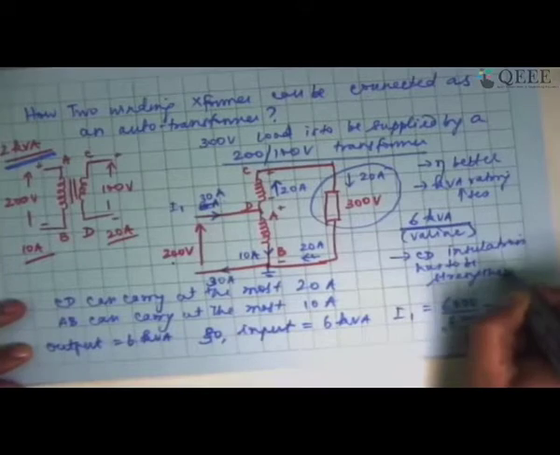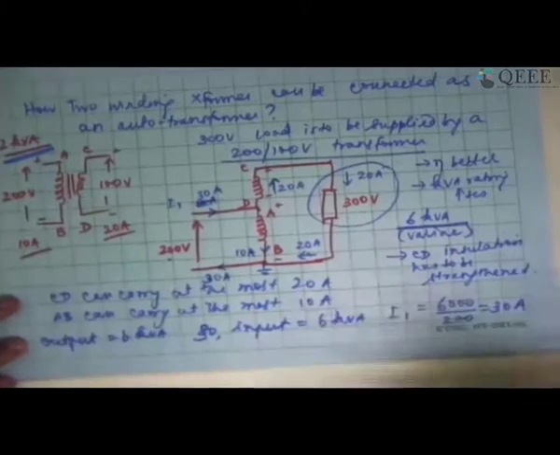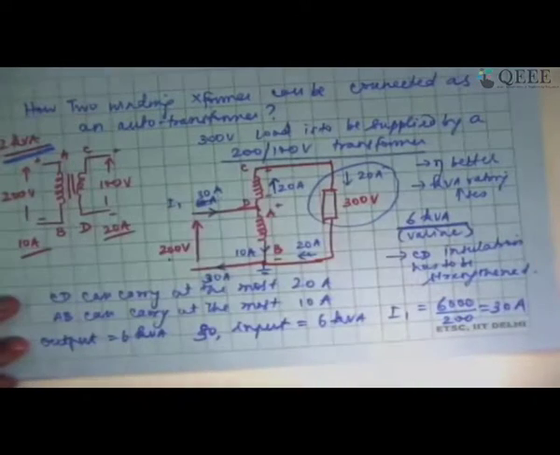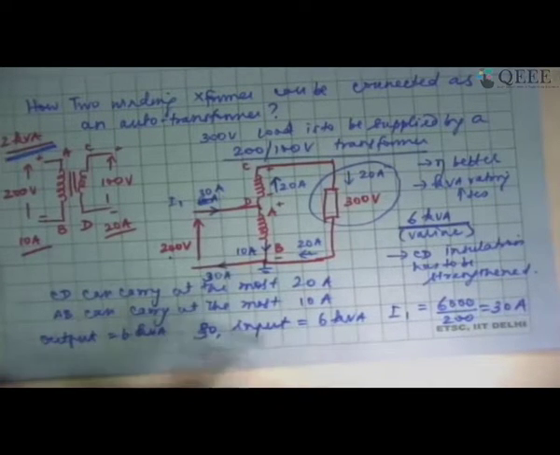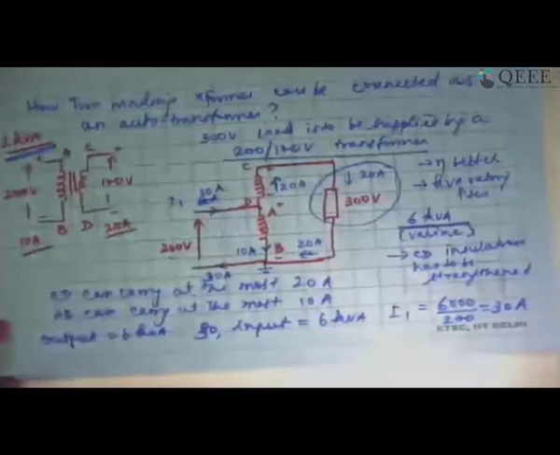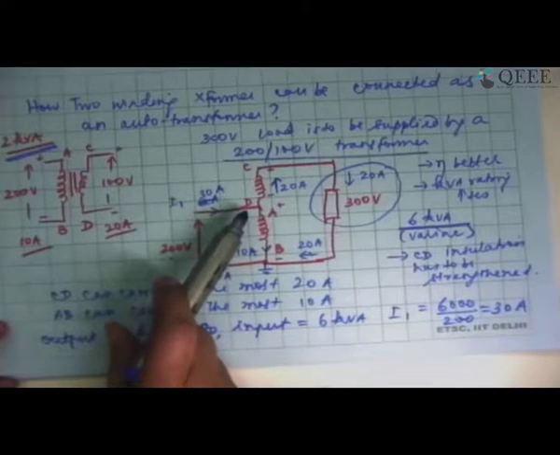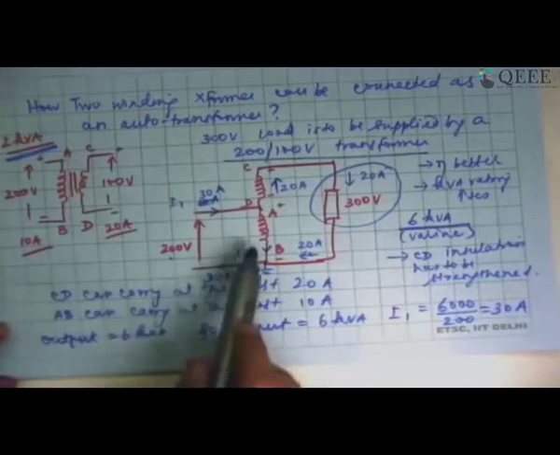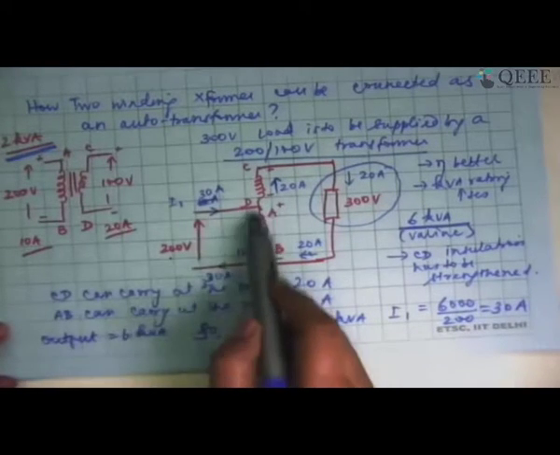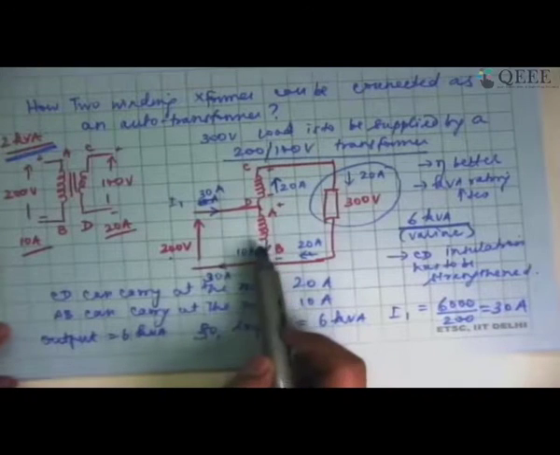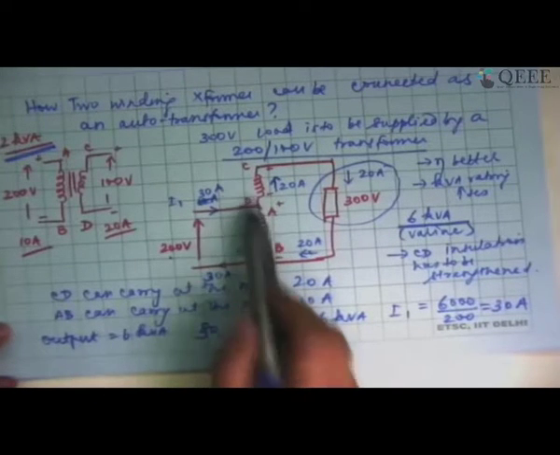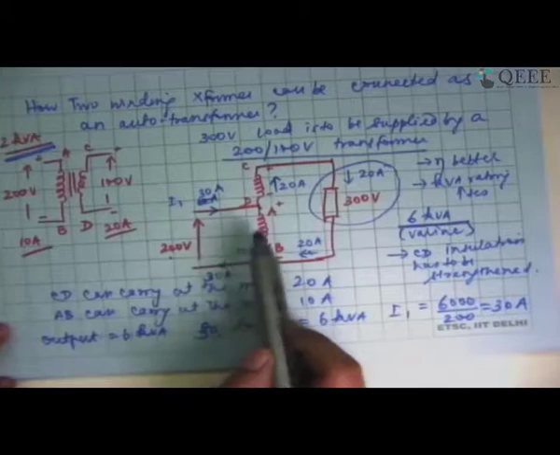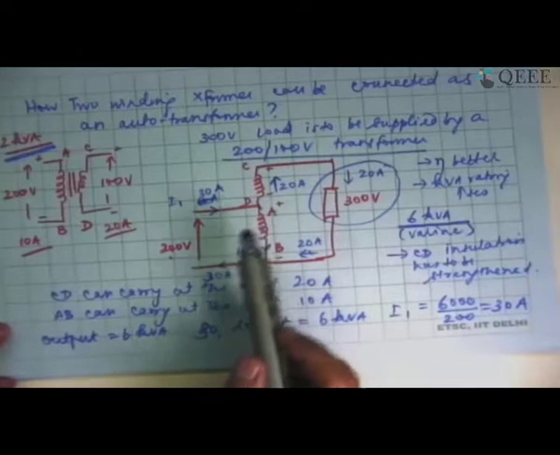Otherwise, I am not going to be able to make sure that the insulations do not puncture. By chance, if I just connect it without a second thought, CD's insulation will be punctured because it was designed only for 100 volts, but it is actually having 300 volts with respect to ground, because it is actually conductively coupled, not just magnetically coupled. It is also conductively coupled. I am connecting them together. So there is no isolation. So much for the auto transformer.